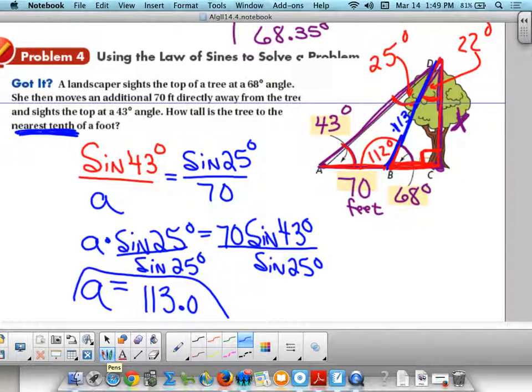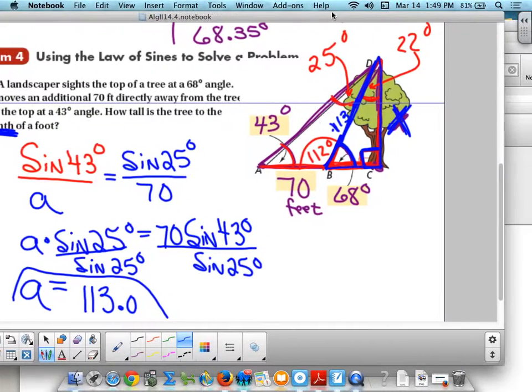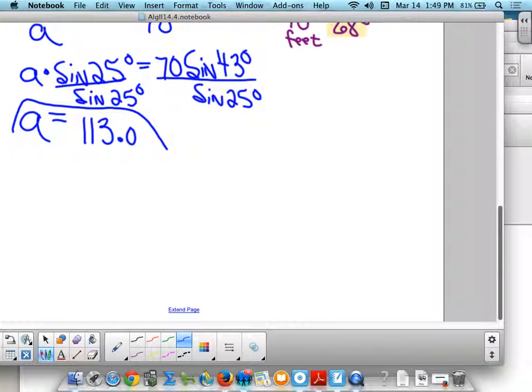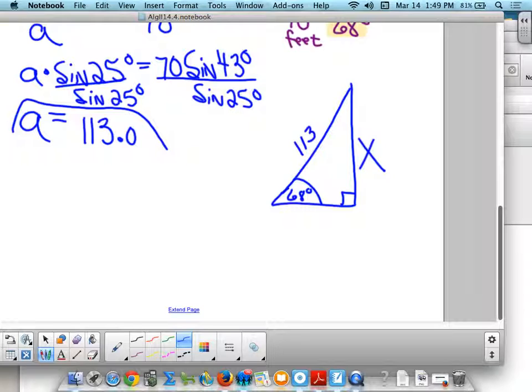Now guys, look at X. This is X right there. You know this is a right triangle now, right here to here. So you're back to SOHCAHTOA. Watch this. There's the tree. This is 68 degrees. This is 113. Here's your right triangle. SOHCAHTOA says if you want this side, X, which is the height of the tree by the way,